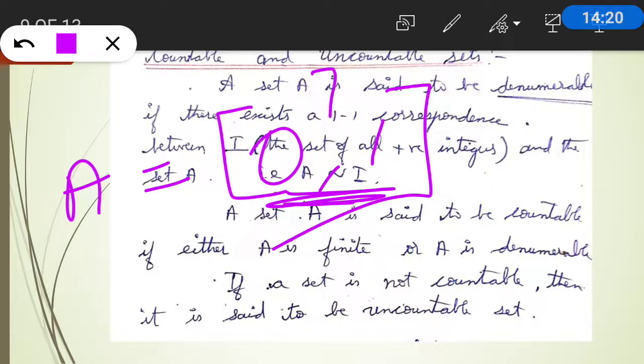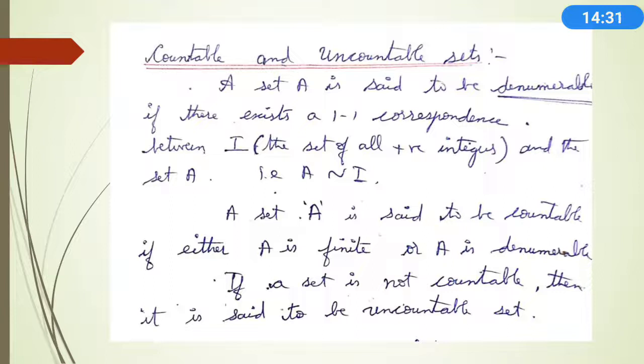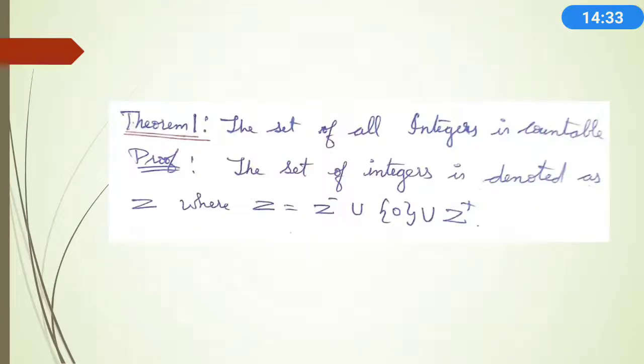We have to prove the set of all integers is countable. Okay. So, what is an integer? Integer means negative integers and positive integers along with 0. Isn't it? So we have to prove that Z, the set of all integers, is countable. When can you say it is countable? Just now we have seen, if it is equivalent to I, the set of all positive integers, and if I am able to denumerate it, then I can say it is a what?